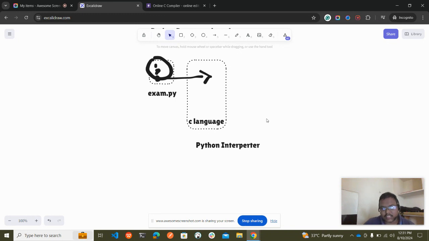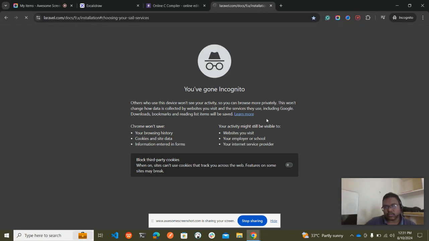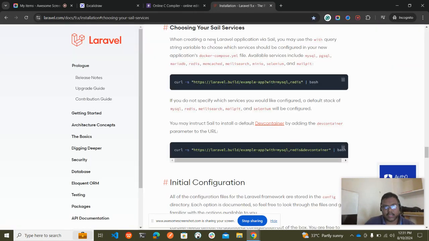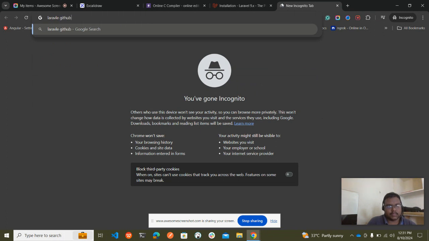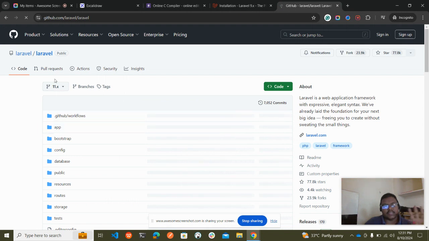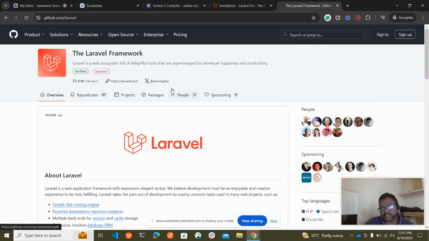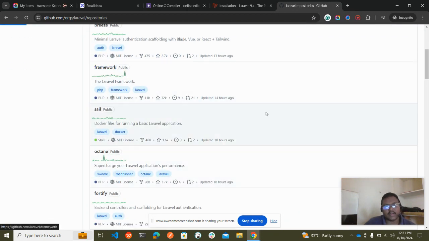Your task is to find the Python library, where the Python code stays online. For example, if I take Laravel, I'll go to the Laravel docs, and then I'll see the Laravel GitHub. Then I will go to this Laravel GitHub and say, okay, this is the Laravel that we are going to use. This is the repository, and in this repository I am using this framework called Laravel.